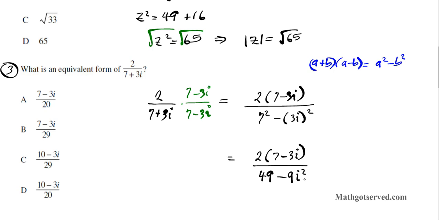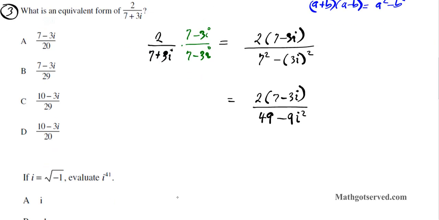Now remember I stated earlier that if you have a power of i that's greater than 1, it must be reduced, okay? So what's the reduction formula that we're going to use here? i squared is equal to negative 1, so let's apply that. So we're going to have 2 times 7 minus 3i divided by 49. Since i squared becomes negative 1, it inverts this sign to a plus 9. Okay? So that now becomes 2 times 7 minus 3i over